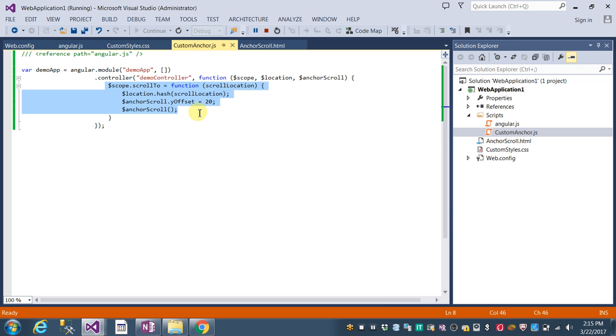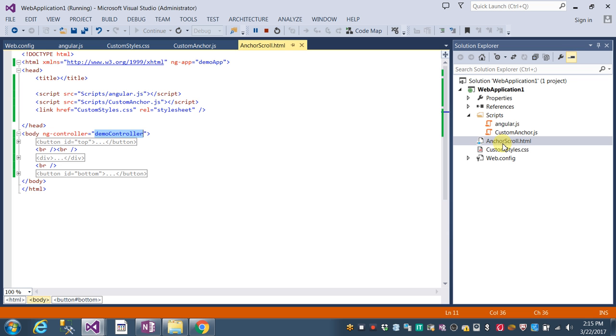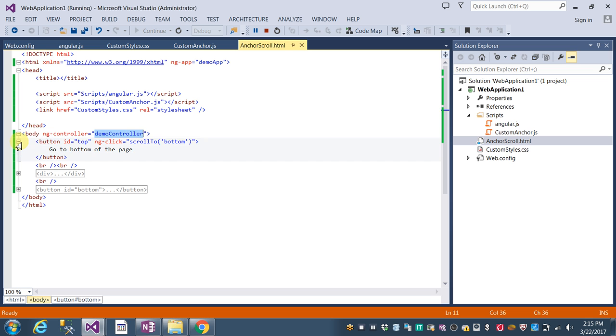So there is a difference, the space between the browser and the element. There is a go to bottom of the page. So this offset is added to the element. So when you click on go to the bottom of the page, and when you click on go to the top of the page, it works as expected. So really good. Whatever things I explained